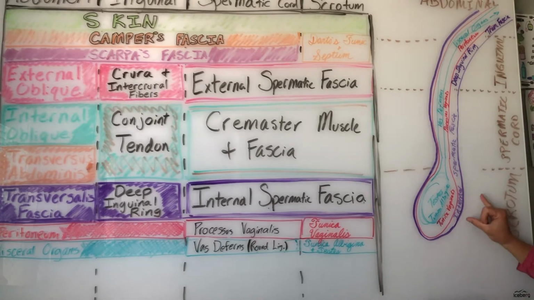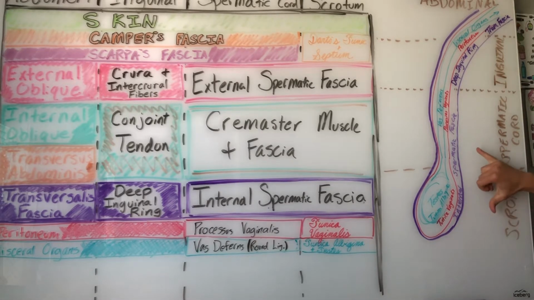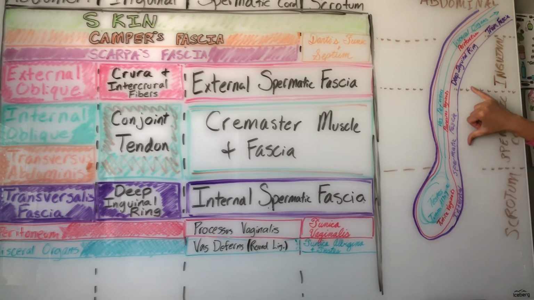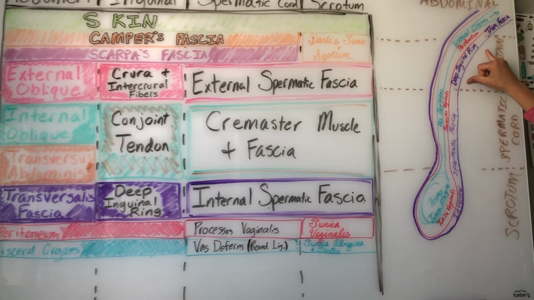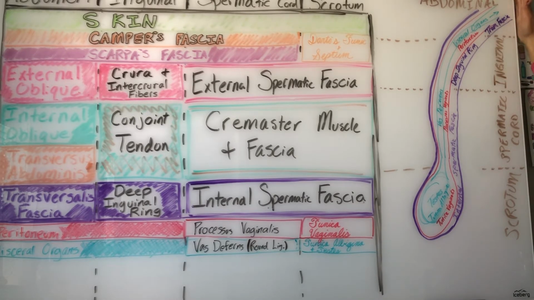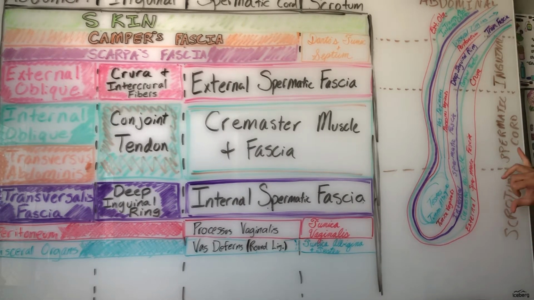So our next layer, in the scrotum and spermatic cord, we have the internal spermatic fascia that travels up, and in the inguinal region is the deep inguinal ring. In the abdominal region, it's the transversalis fascia. So in the next layer, in the scrotum and spermatic cord, we have our external spermatic fascia, which in the inguinal region is the crura and the intercrural fibers around the